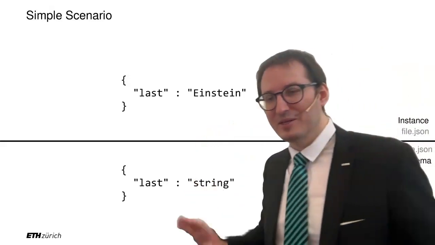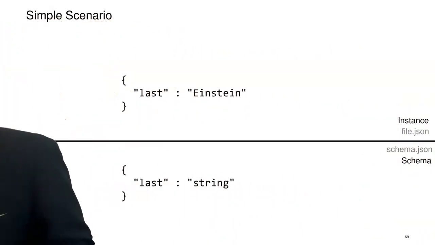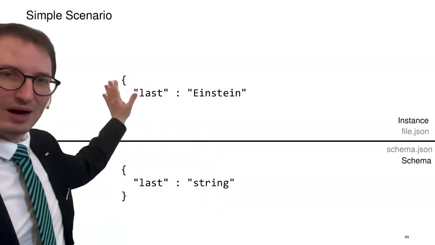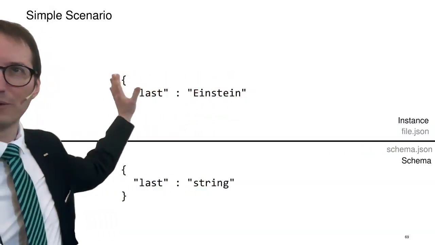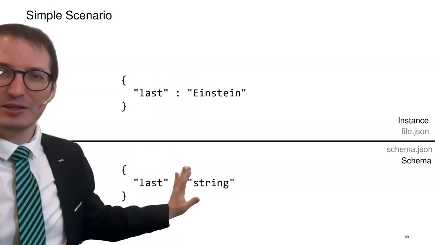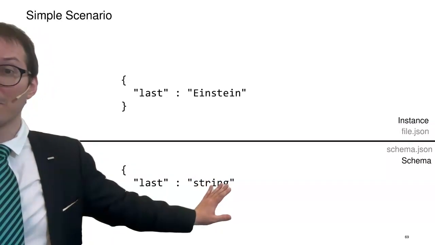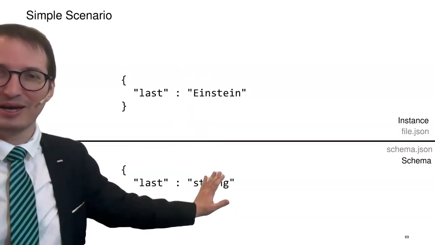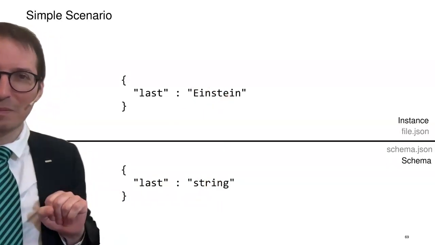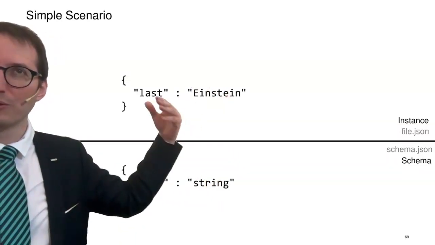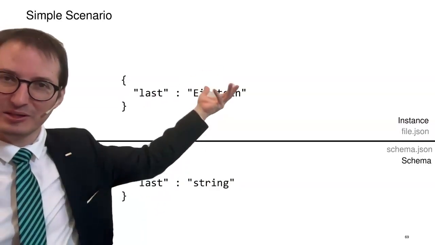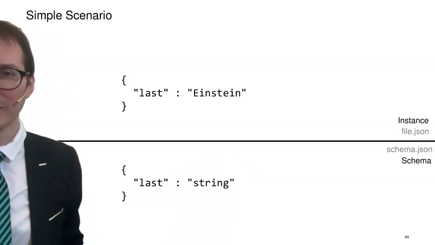Now on many slides that follow, I'm going to split it into two parts, the upper part and the lower part. The upper part has the JSON or XML document that I want to validate. It will be well-formed, and I want to validate it. In the lower part, I'm going to have the schema. So the document we want to validate and the schema that we want to validate it against. When we want to validate a document, we also call it an instance. We want to validate the instance against the schema. That's the vocabulary that people use.